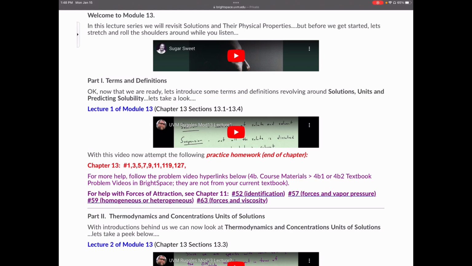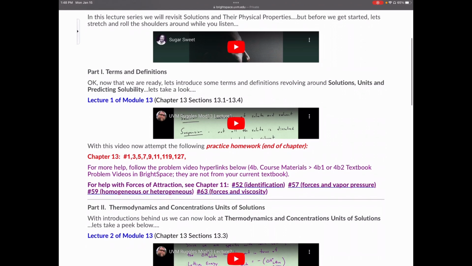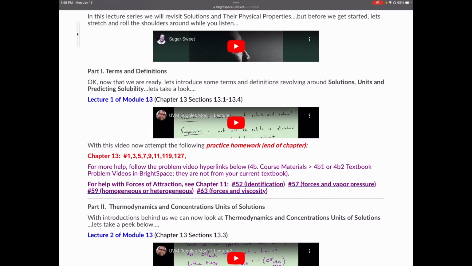What's most important is in red, which is the practice homework that we find at the end of each chapter. And so we see those always in red. And then in purple, we find the extra videos that help us get some extra help when we're working things on our own and there's really no one to reach out to, I don't know, at 2 in the morning. And so we might need some type of help.